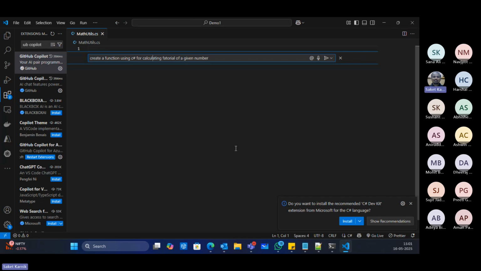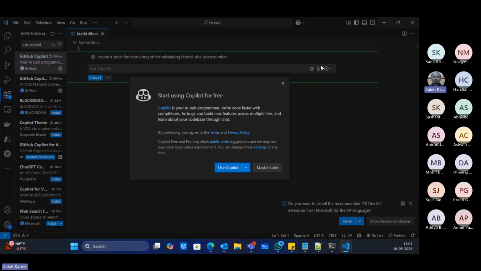And maybe I just enhance this, precisely saying create a static function. So the prompt can be like this, a normal English statement I put, and I just click on send. And here I say use Copilot.